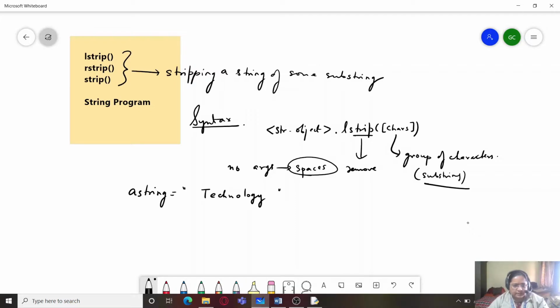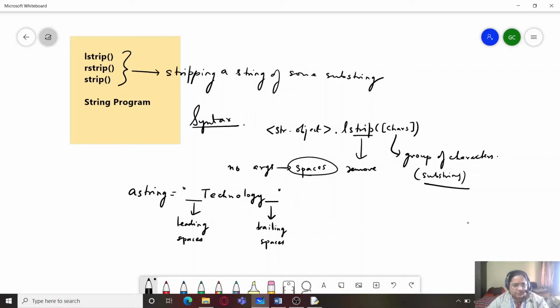You can see there are some leading spaces and some trailing spaces also. So we have spaces at the beginning of the string as well as at the end of the string.